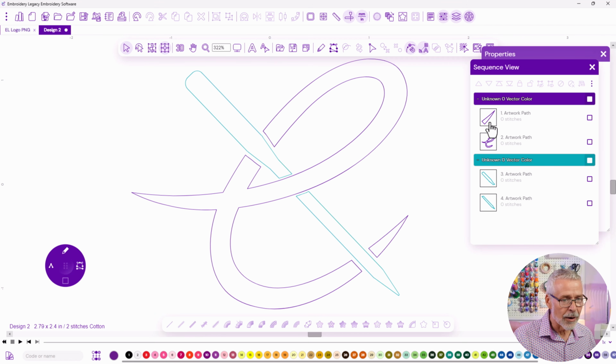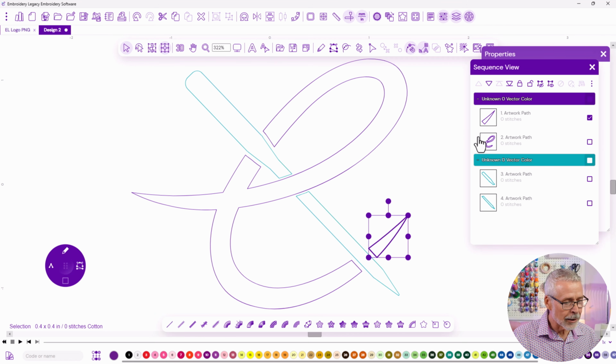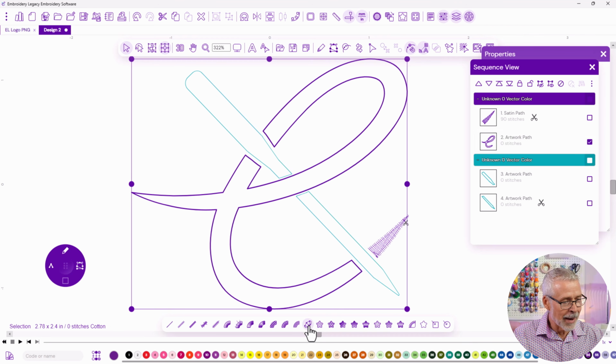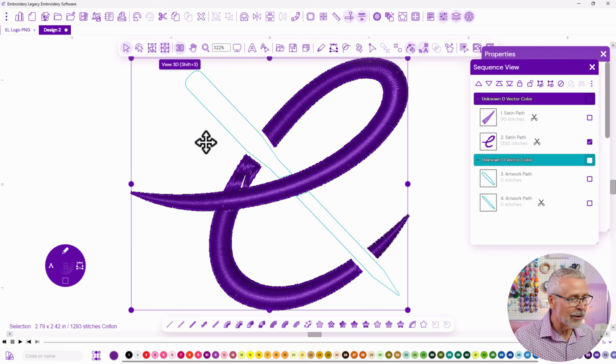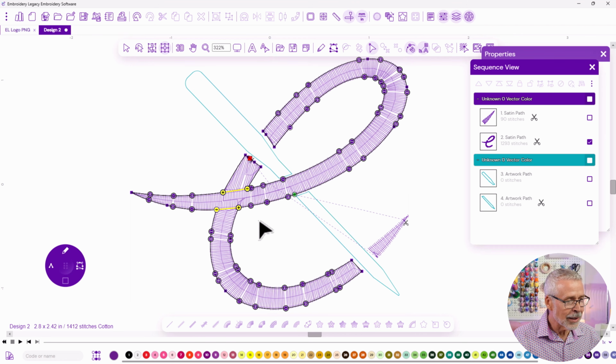and you can adjust the order of those pieces so you can adjust the sewing order. But I'm just going to click this one here, and I'm going to use what's called an Auto Satin tool, and when I click it, it turns it into stitches. It's like magic. I'm going to do this one, it turns it into stitches. But if I look at this, there's one little piece here that I don't like. I don't like how it actually did that object there,